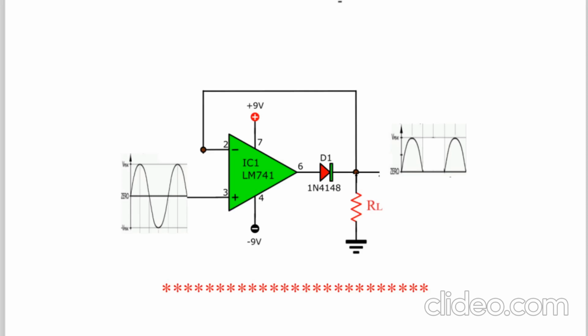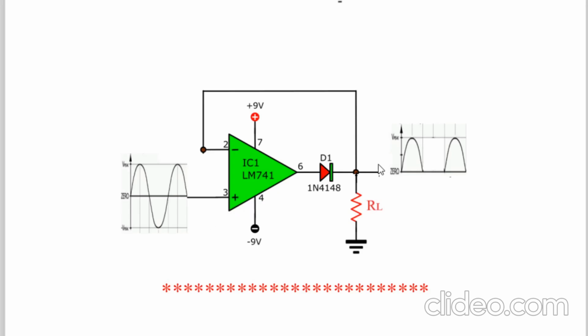You can say that. Suppose here, if I don't apply the input at the non-inverting pin, meaning the positive pin, and I apply the input at the inverting pin here only, and this pin I ground, pin number 3 is ground. So here, unity gain amplifier, you always remember, in unity gain amplifier the output of the op-amp is directly connected to the inverting pin, and at the non-inverting pin the input is applied.